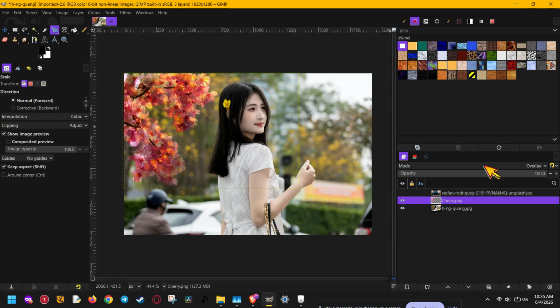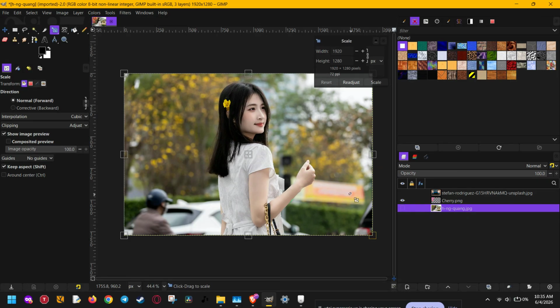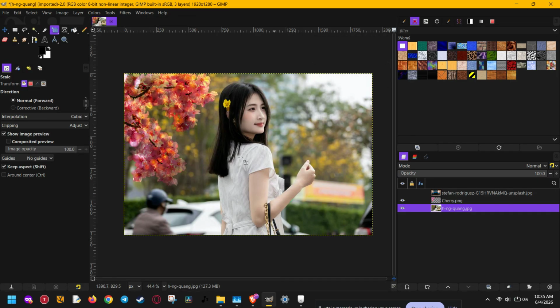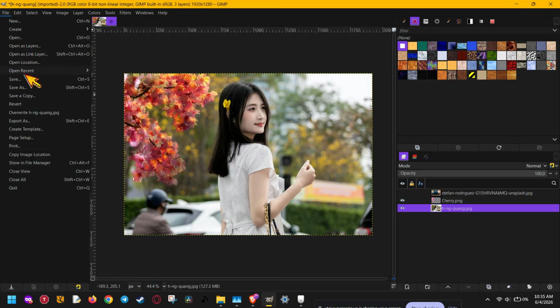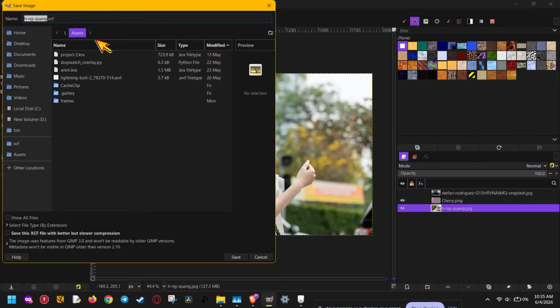Now let's save your work properly. If you want to keep your editable project with all the layers intact, go to File, then Save As, and save it as an XCF file. This is the native GIMP format, and it's the best option if you think you may want to come back later and make changes. If you're finished and want to share the final image, go to File and choose Export